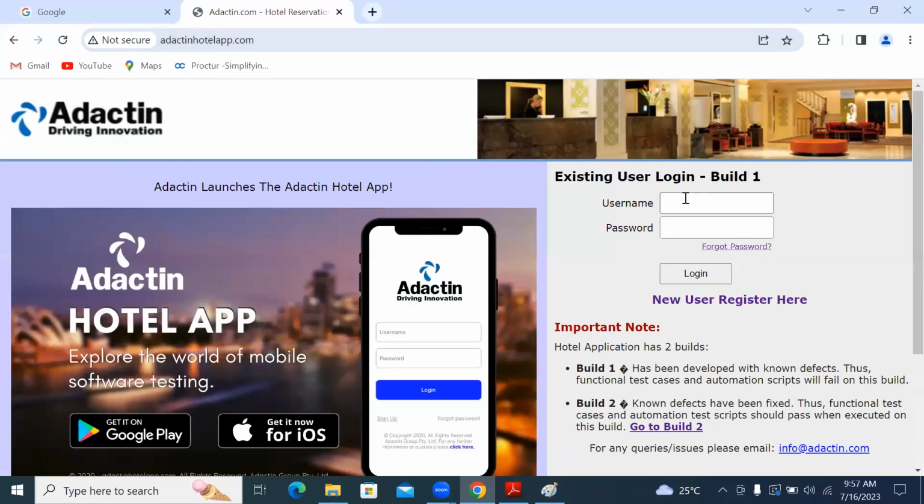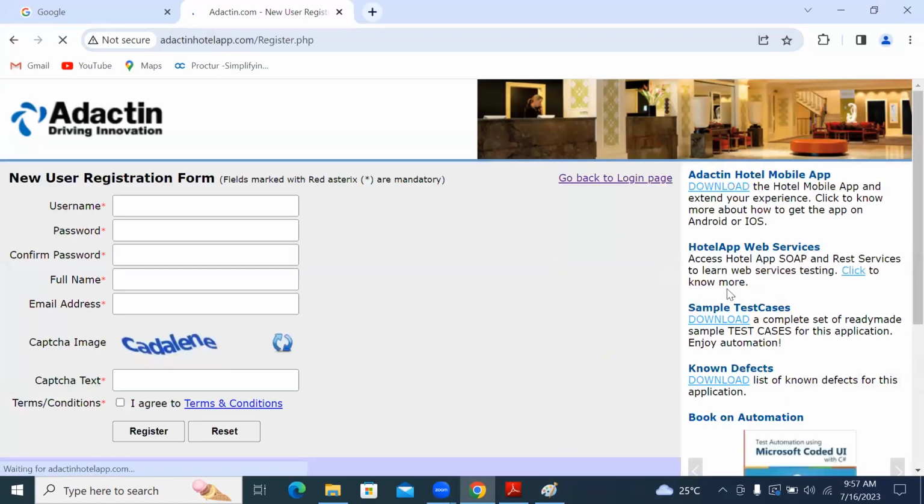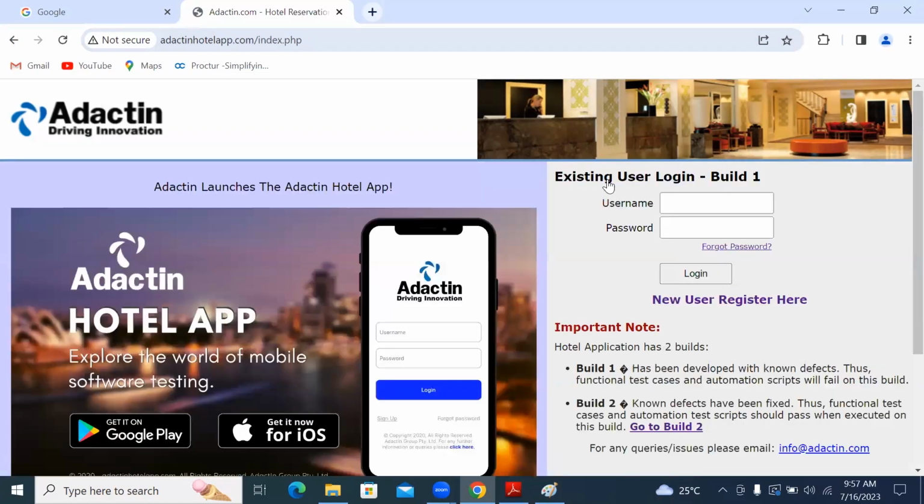If I do the login, is this functionality working or not? For example, I'll click on the link. Is this working or not? If I click on login, is the proper error message displayed or not? So each and every functionality.